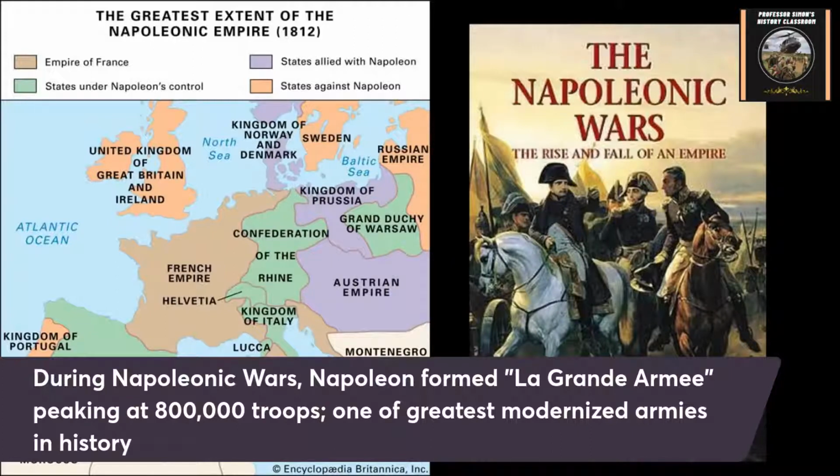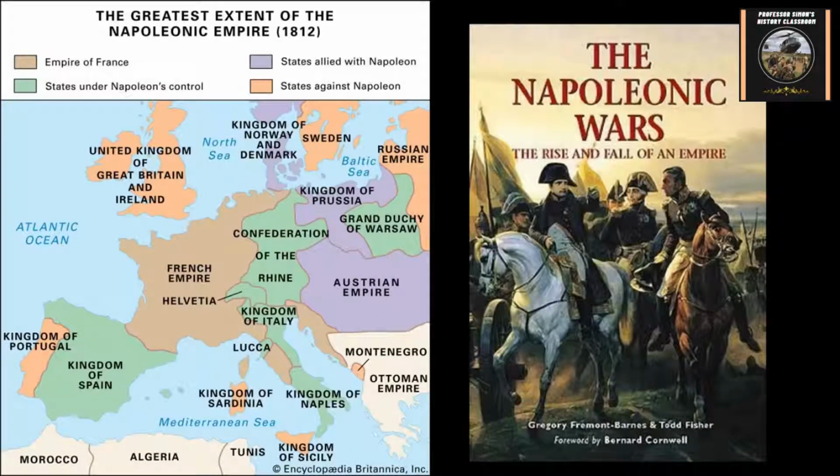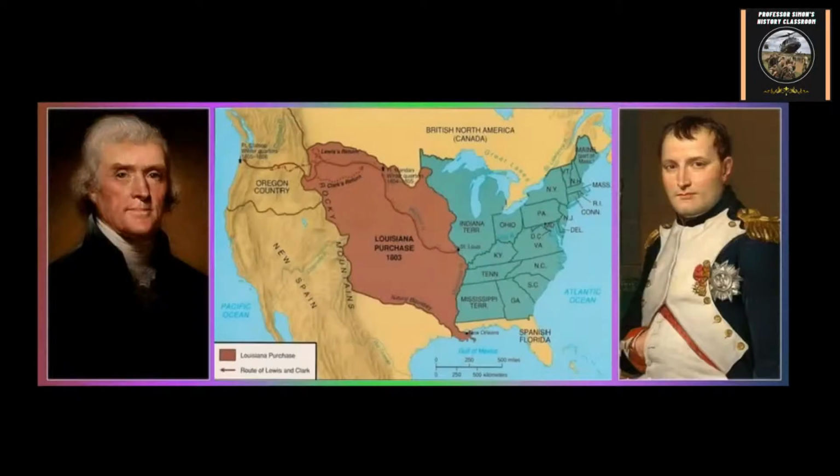But this army peaked at close to about 800,000 troops overall. It was considered, by the way, one of the greatest armies in modern times. It was unbeatable for many years. Anyway, part of why Napoleon was able to